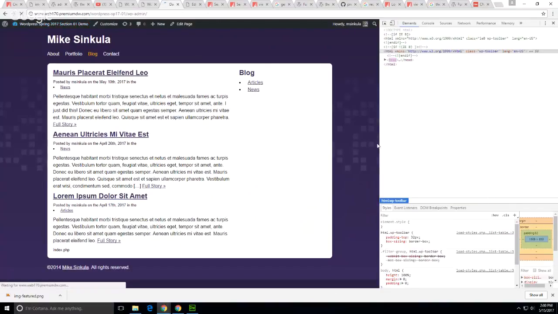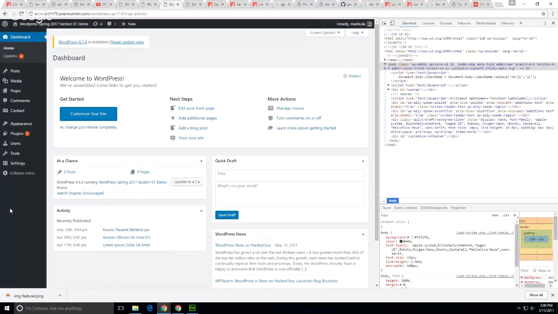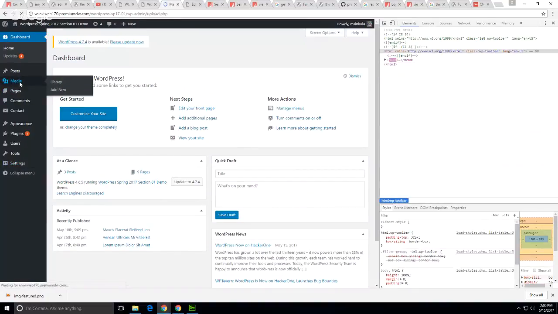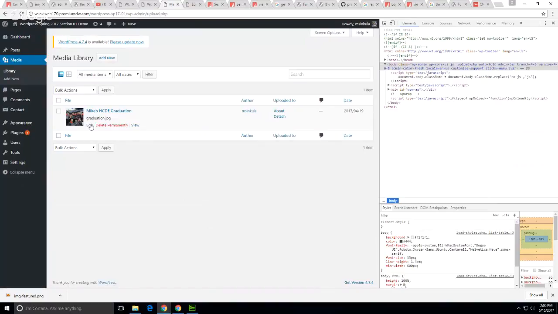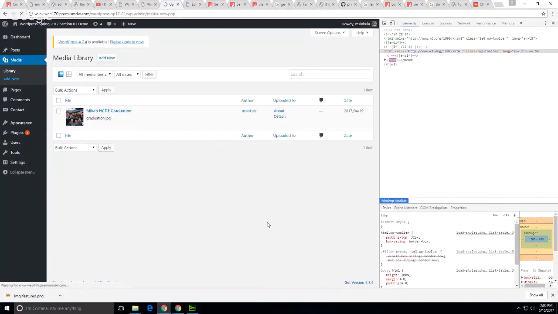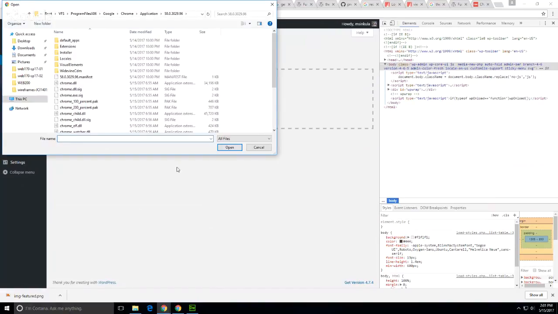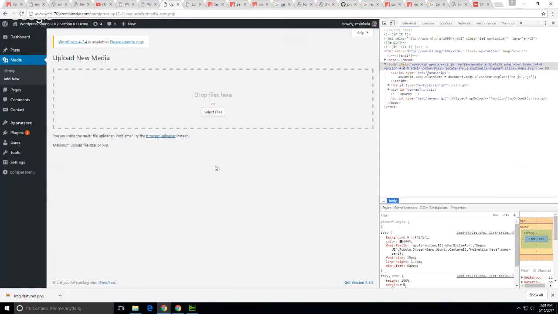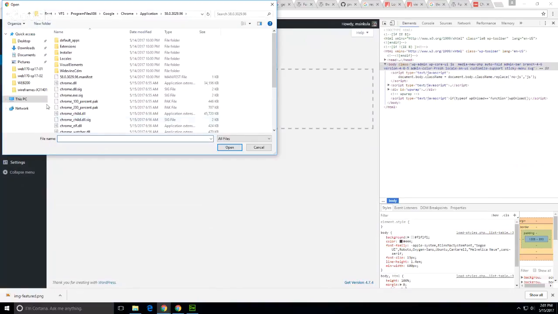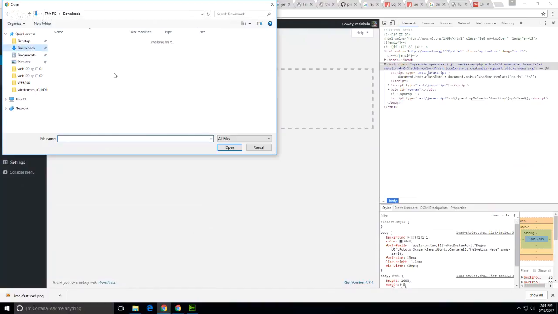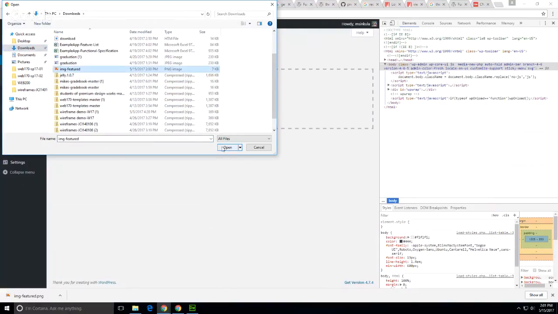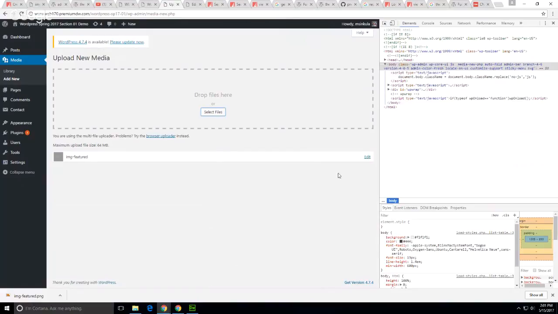go to the dashboard, go to my media library. I have this graduation in my media library, but if I wanted to then add the featured image, right? I could also just upload it through the page or posting as well, right? But I'm going to upload it just through here. Featured image, open. Okay. So if I want to edit this now,